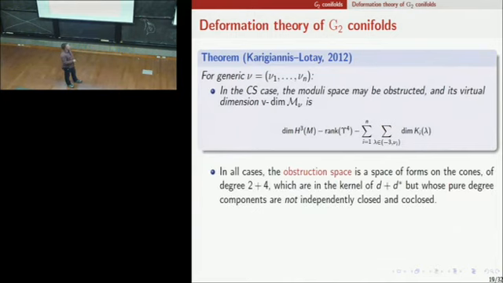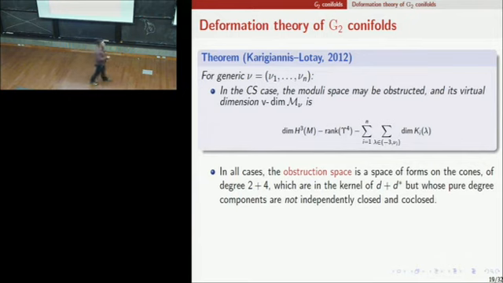And in both cases, the CS and the AC, whenever there are possible obstructions, the obstruction space is easy to describe analytically. So you look at the space of forms on the cones at the ends. You look at forms which are of degree 2 plus 4, a 2-form plus a 4-form, the sum of which is in the kernel of D plus D star, but whose